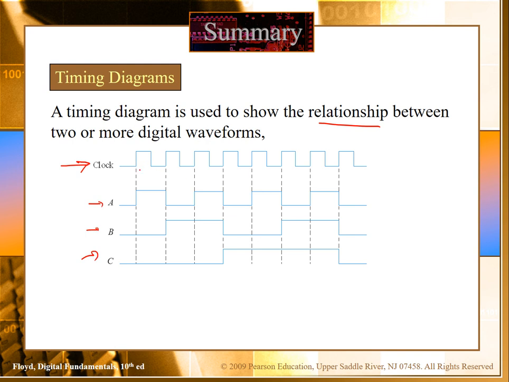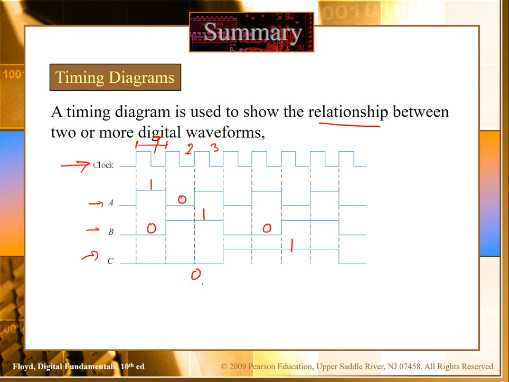For example, for the first clock period, A has a high value, and then it has a low value. For B, for the first clock period it has a low value, and then for the next two clock periods it has 1, and then again 0. This is one clock period, then we have second, third. For the third signal, for the first three clock periods, this one duration is called a period, it has 0, and then it has 1 and 0.